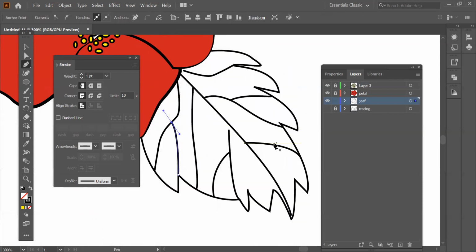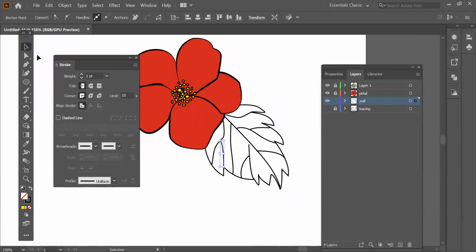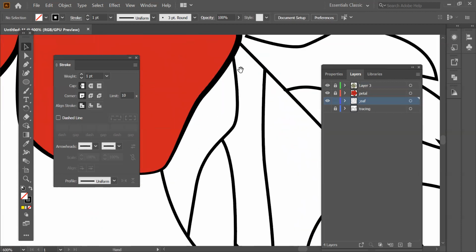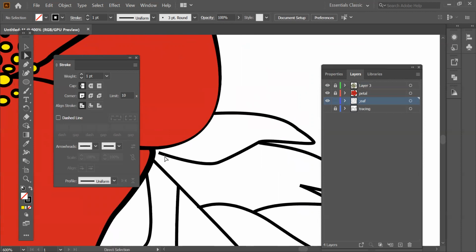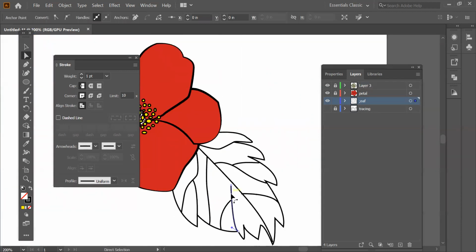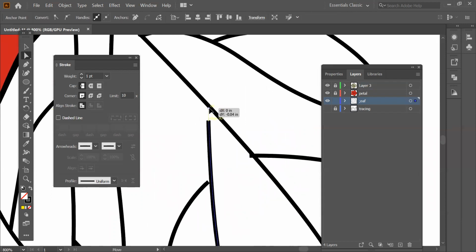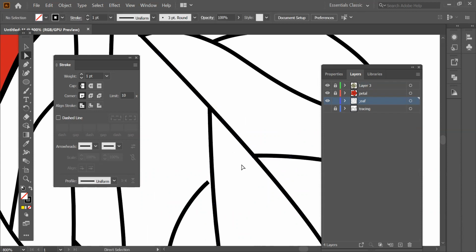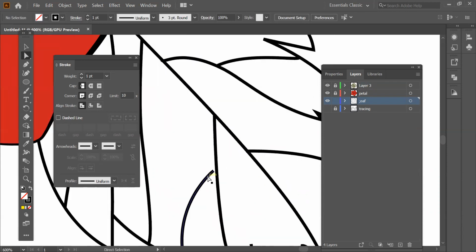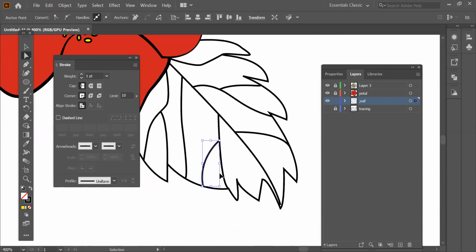And now this is done, this one leaf, right? So let's see if we want to edit anything. I want to edit this line. Then which tool do we have to take? The direct selection tool to edit it. I'm just gonna click on that knot and done. And this one also, right? So just zoom in, click and just drag it. And you're done. Click and drag it and you're done. Okay, this one as well. Click and drag it and you are done.